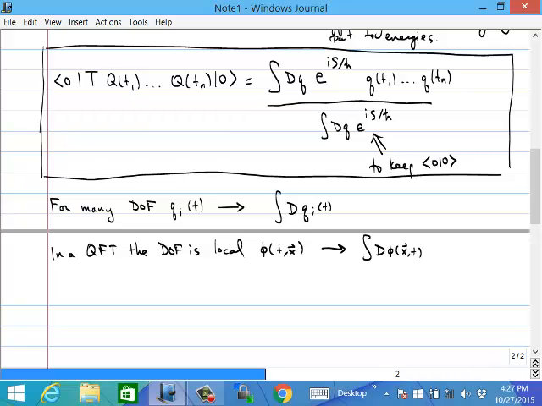That is to say, over all possible field configurations phi of x. And so our goal today